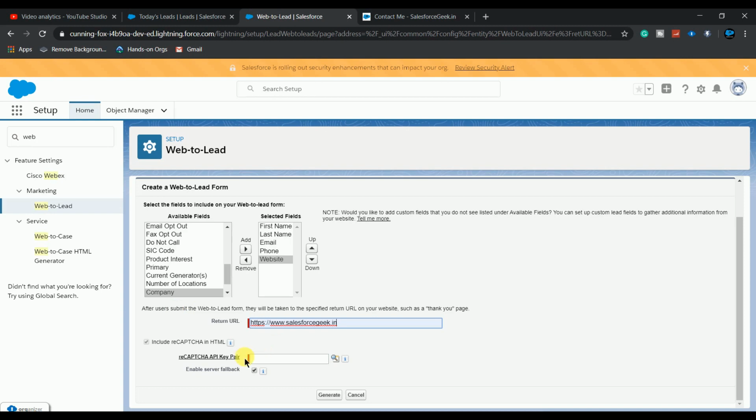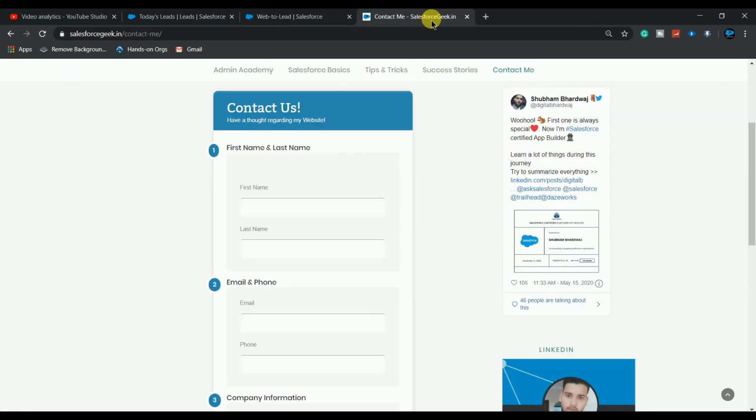Now you have to provide the reCAPTCHA key API key pair. So let's see how to create a reCAPTCHA API key pair for your website. As I currently have salesforcegeek.in, let's see how to create a new API key pair.